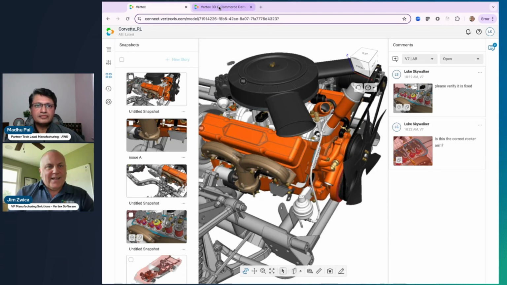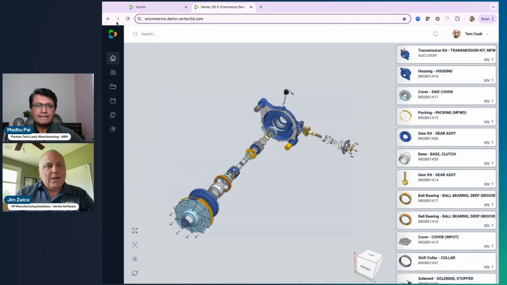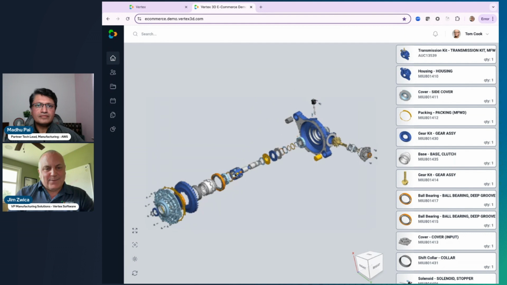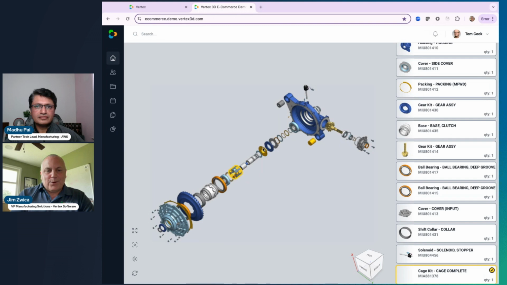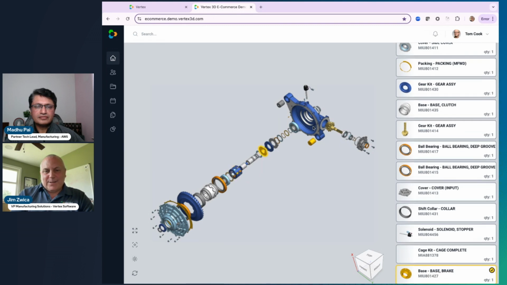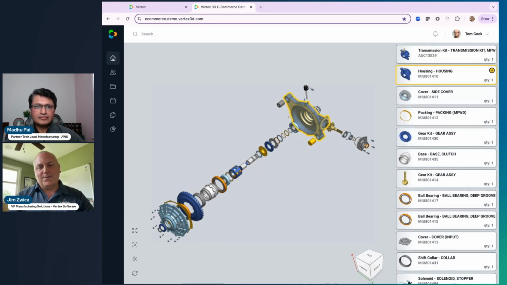If I hop over to an e-commerce example, this is where a customer would say, we would like to embed you into our aftermarket solution. If you're a customer and you say, I broke this part here, it allows you to quickly go to those areas, and it aligns to these components over here, these web components. And as far as aftermarket is concerned, it could just be add to cart,